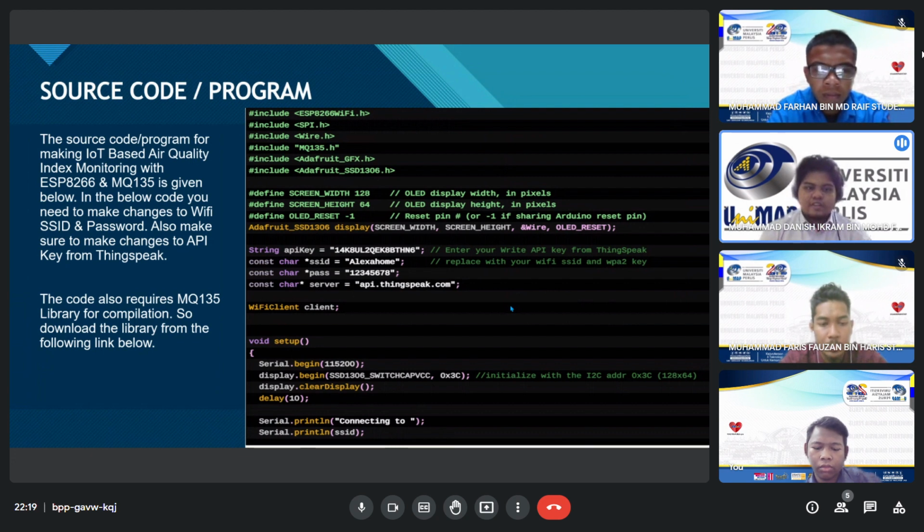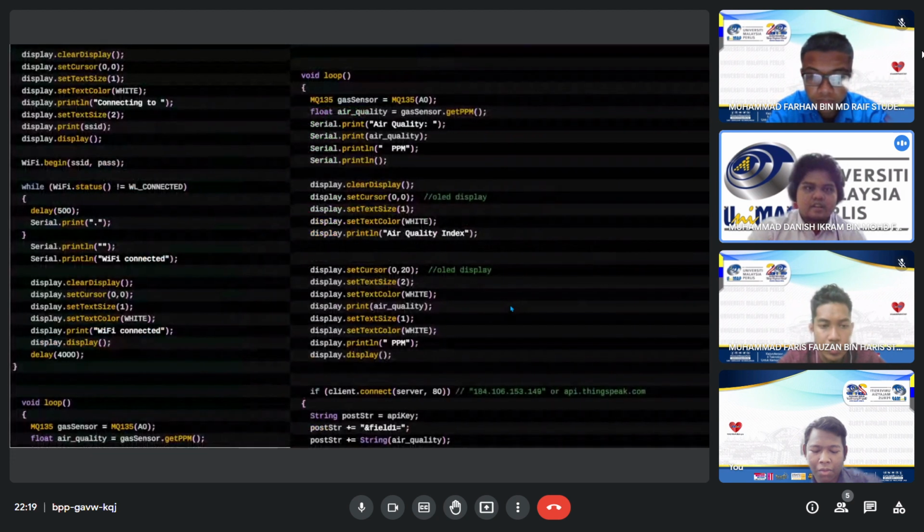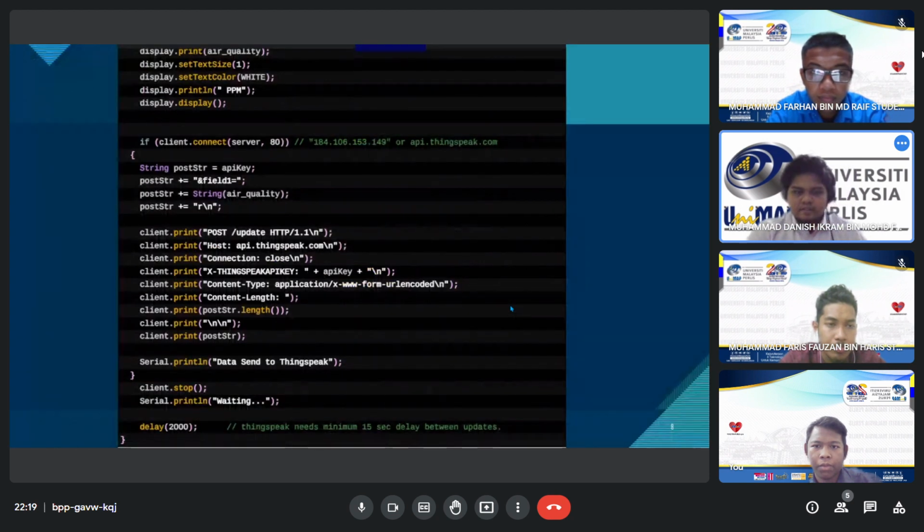The code also requires the MQ135 library for compilation, so download the library from the following link below. As you can see, this is the code that I use in this program for making the air quality index monitoring system. This is the following code that I use, and this is the last one.